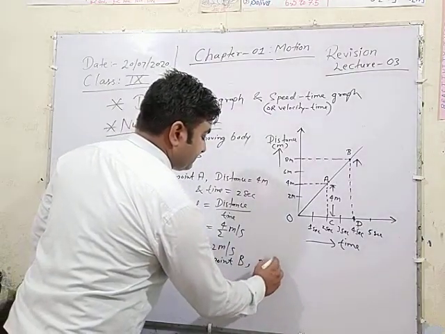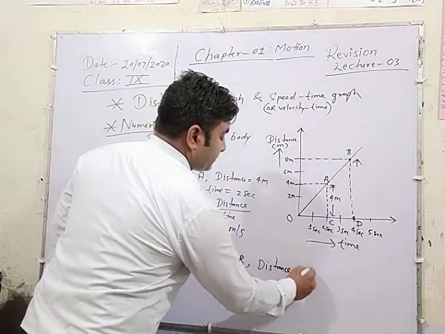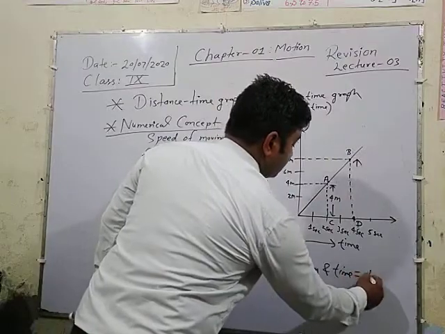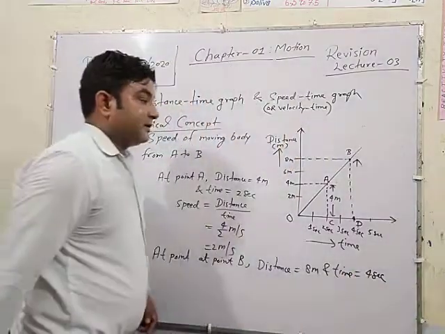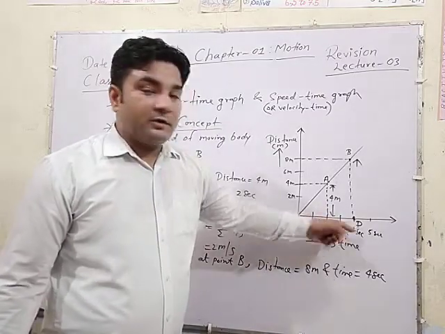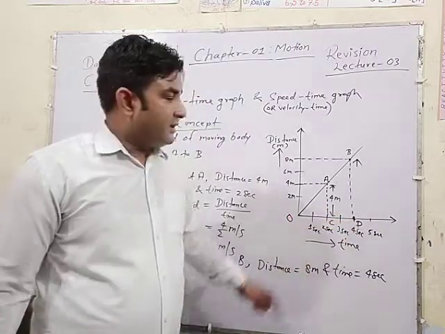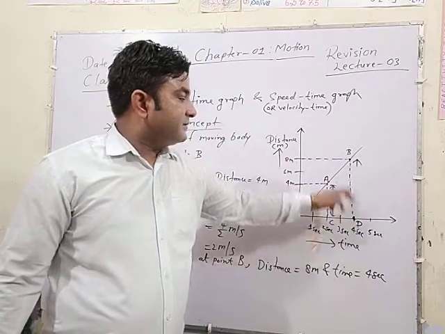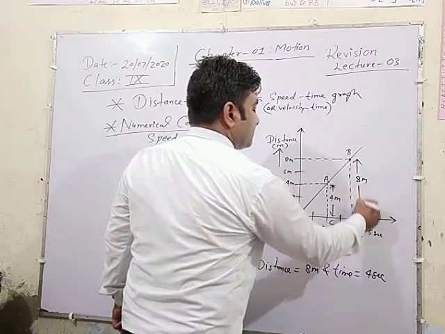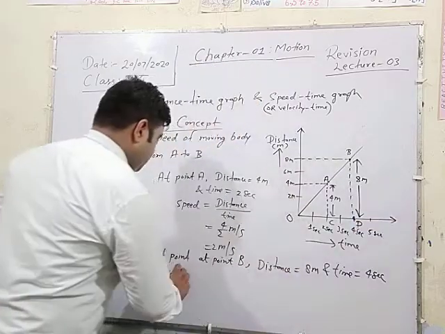Distance is equal to 8 meter and time is equal to 4 seconds. Just from O to D, here 1, 2, 3 and 4. From O to B, that is 4 seconds, and from D to B, that is 8 meter. Then speed is equal to